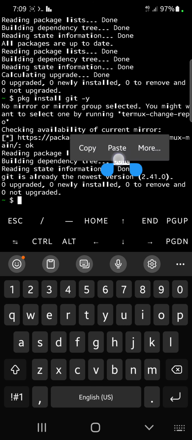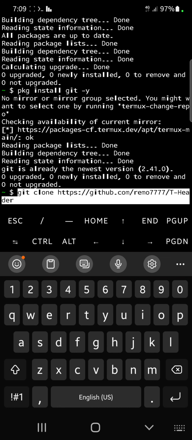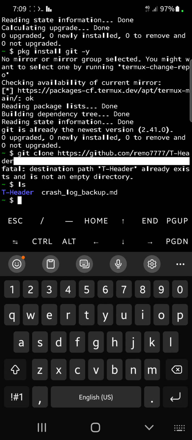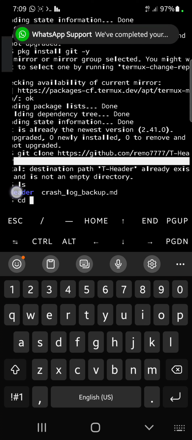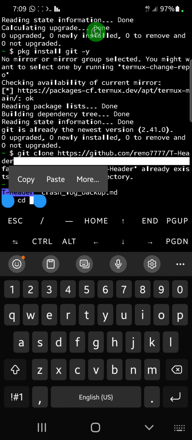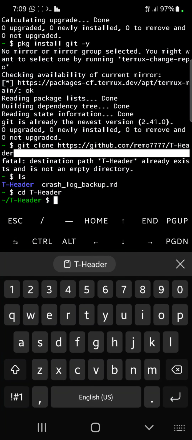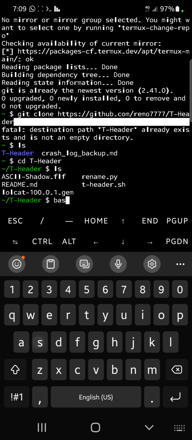Good. Then I'm going to post the link of the repository below the video. Then you can use this. So once you are in here, you can just do bash. So bash,